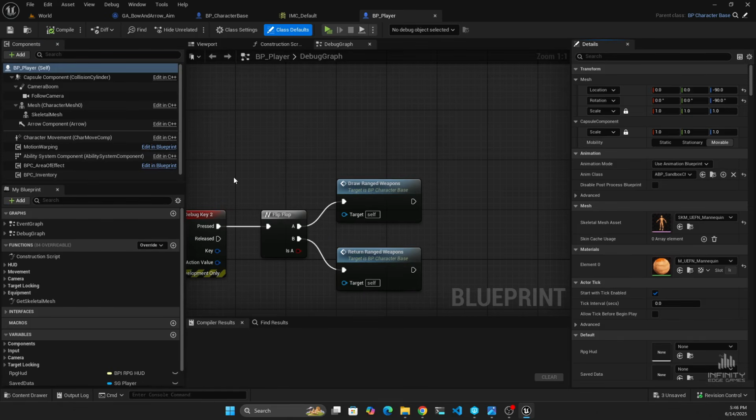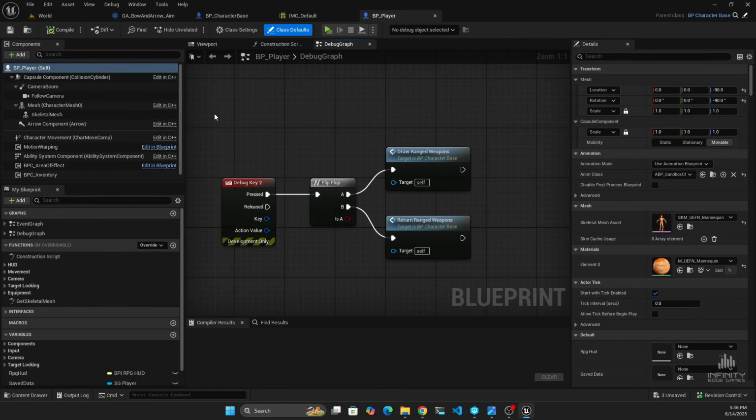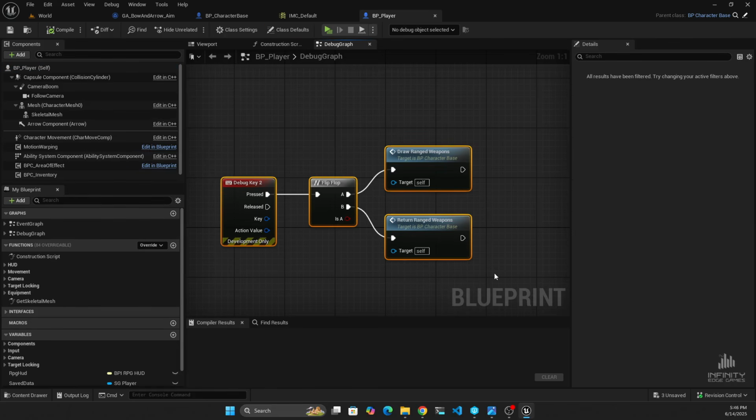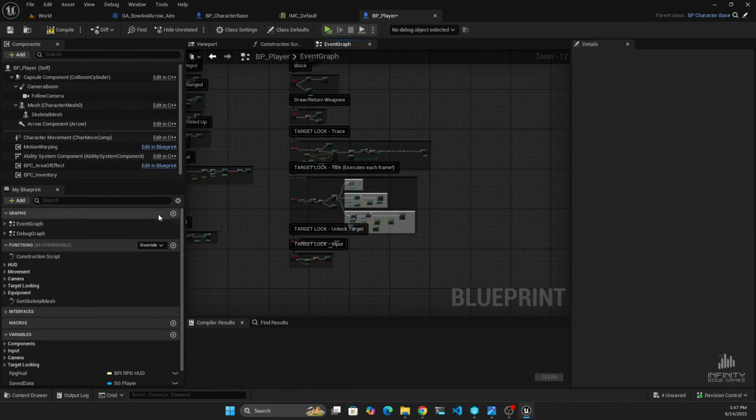Now, go to the player blueprint to implement the aiming functionality. First, I'm going to delete this code in the debug graph that we added in the last tutorial to check